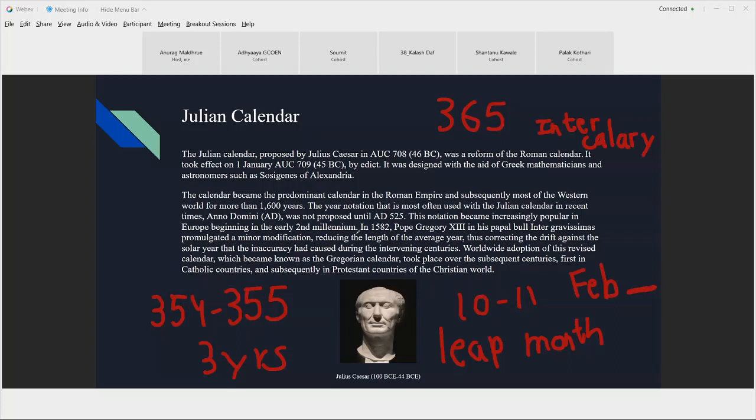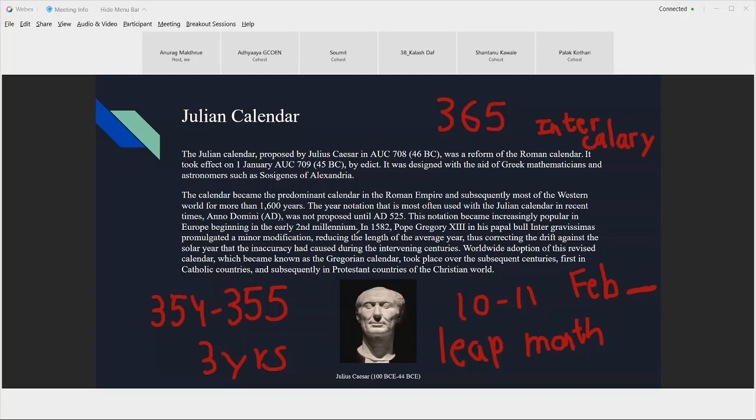So what actually happened was designed this way, but it was actually very inconvenient because these leap months were decided by some mathematicians, and it was more or less arbitrary. They used to just add it sometimes, and they just did not add it some other time. So it was very confusing for the layman.